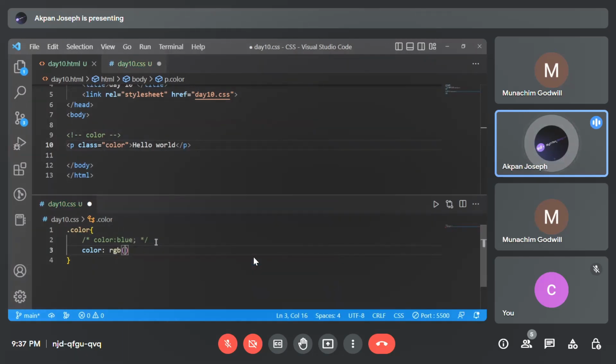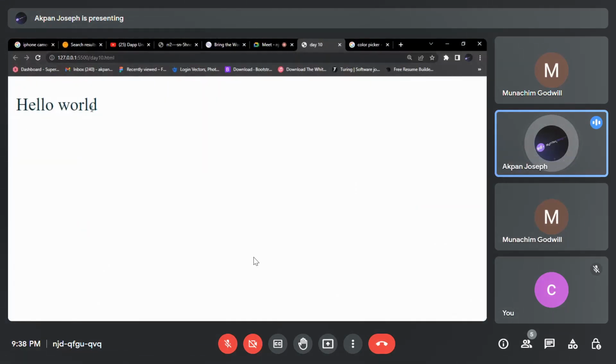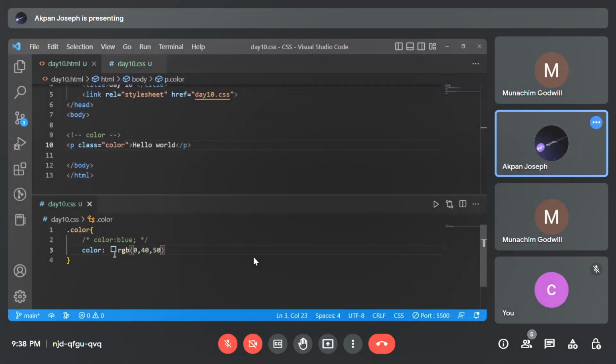Now, let's say we have 0 red, 40 blue, green, then we have 50, 50, and save. Then let's view our HTML code. Look at what we have. We have some darkish blue, something here, darkish blue. So if I have something like 200 here,